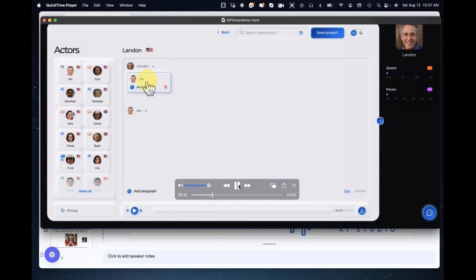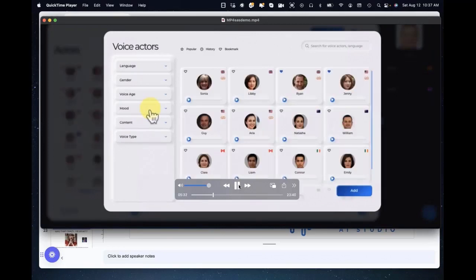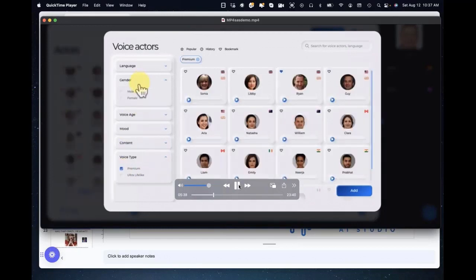And there'll be other choices there as well if I pick more, and I could switch between them. So in fact, let me show you that. On the next paragraph, I could add another actor. In this case, for the voice type, why don't I go with the premium voice, and I'll pick a female. Aria is very good.